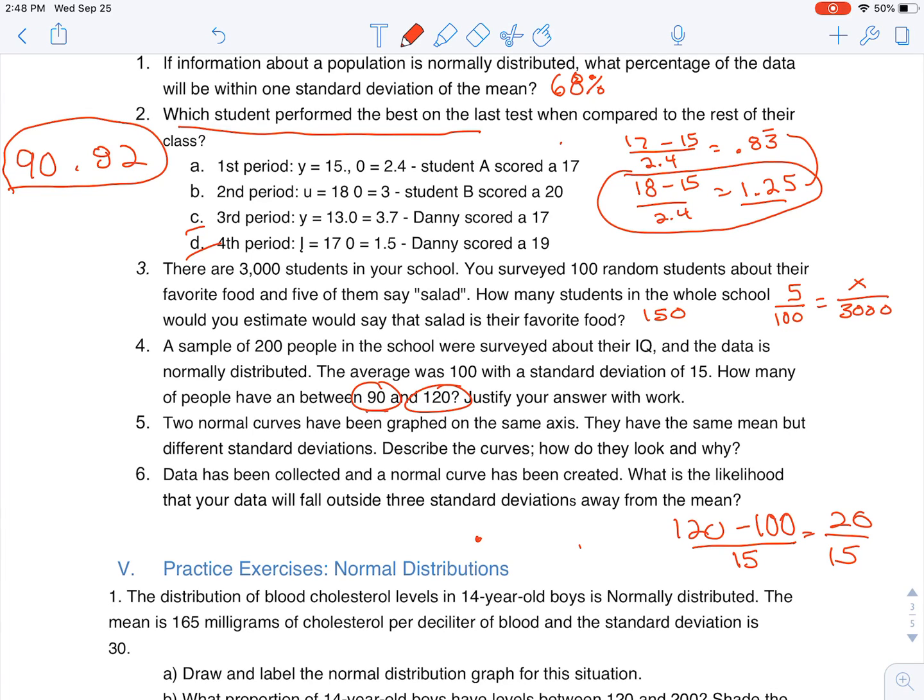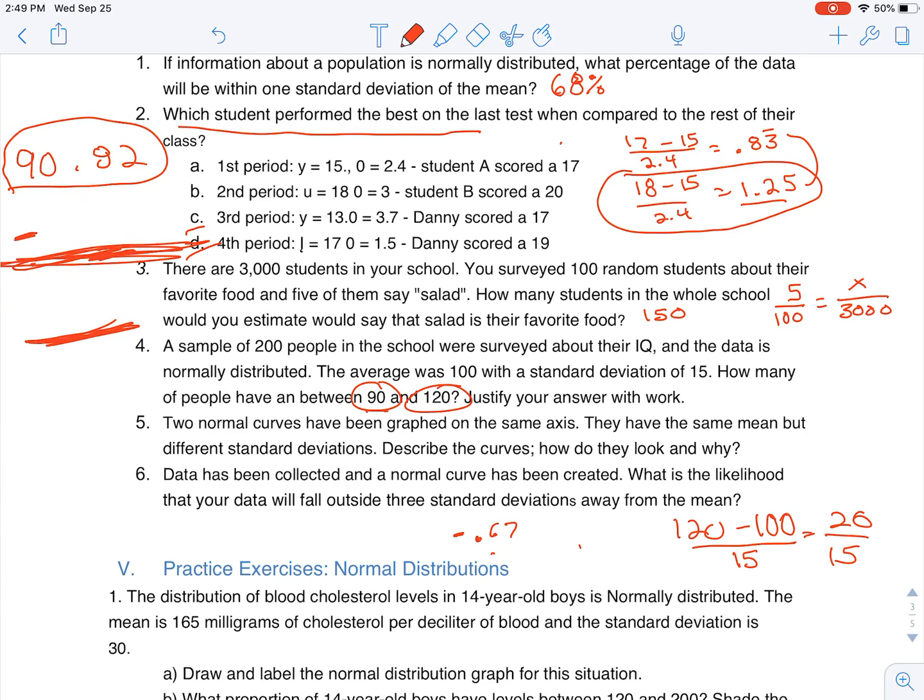remember how it was, what was it, 0.67? We needed to find negative 0.67. And then whatever that percentile is, we need to write right here. And then we're going to subtract them to find the difference. So when you do that, you're going to get your answer right here, okay? So find negative 0.67, write that percentile here for that z-score, do your subtraction, and then you'll